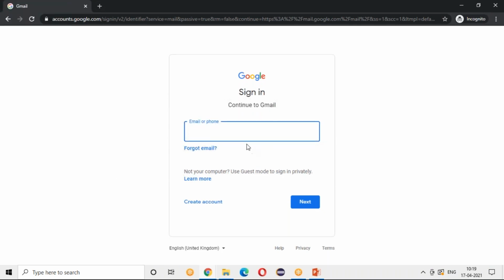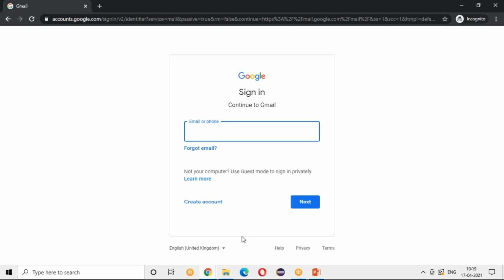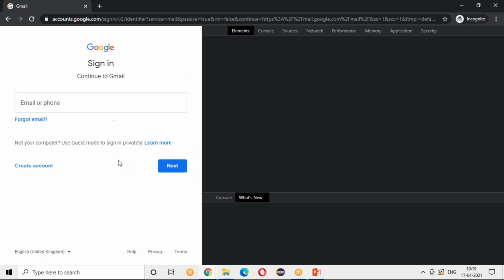So you see this is a text box, which is an HTML element, right? You can see it by inspecting: you can right click on it and just select inspect, which will show all these elements. You see this text, button, create, everything is nothing but your HTML elements.